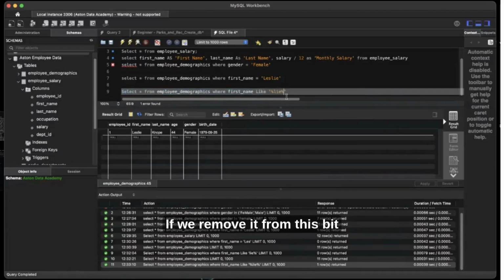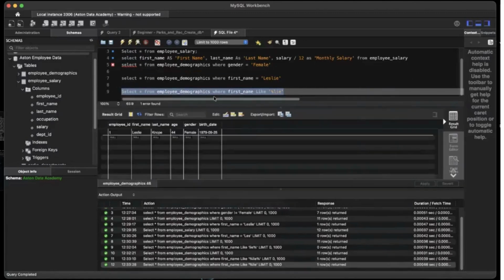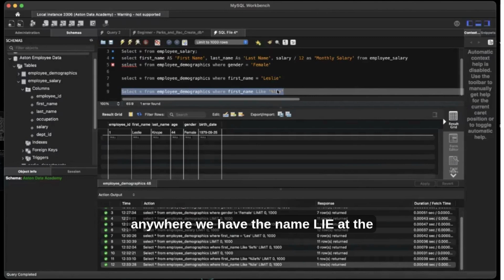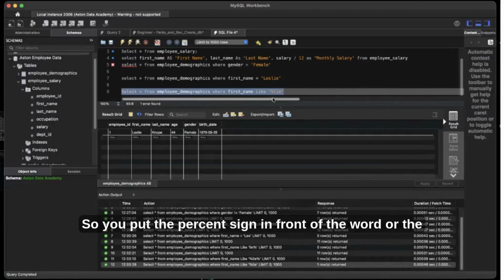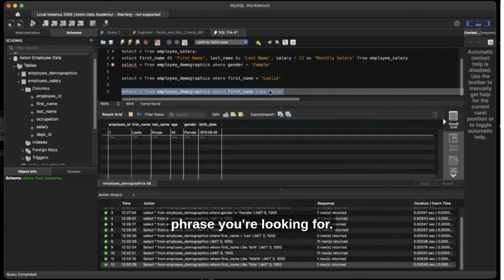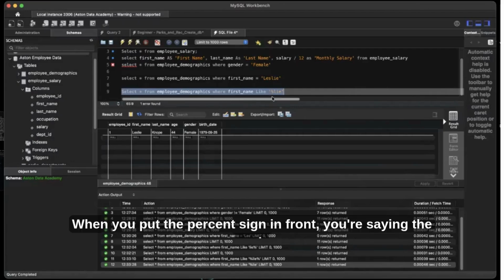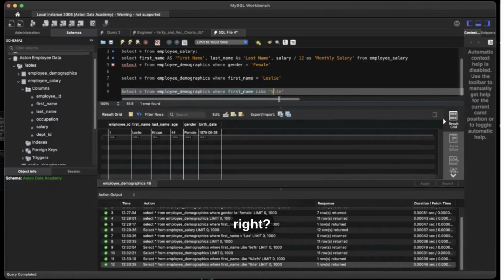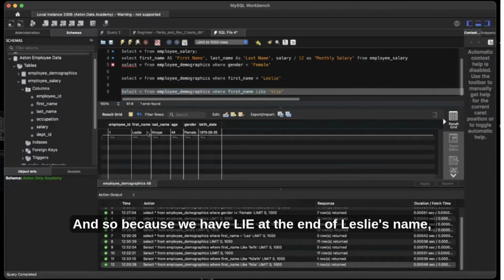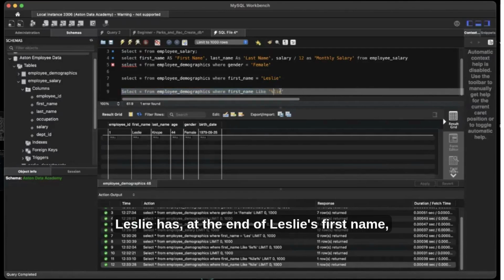If we remove it from this bit and we run this, we are saying that anywhere we have LIE at the end should appear. So you put the percent sign in front of the word or the phrase you're looking for. When you put the percent sign in front, you're saying the end, right? And so because we have LIE at the end of Leslie's name, Leslie has at the